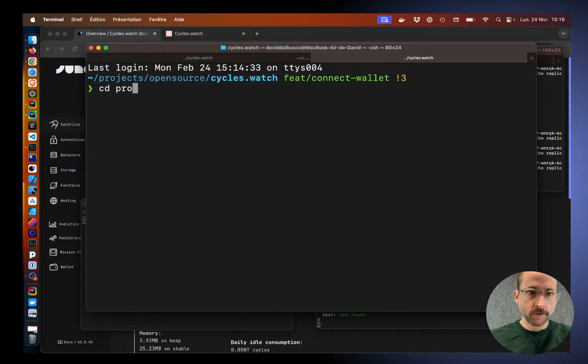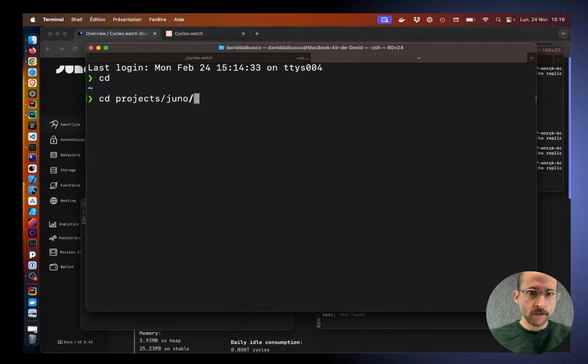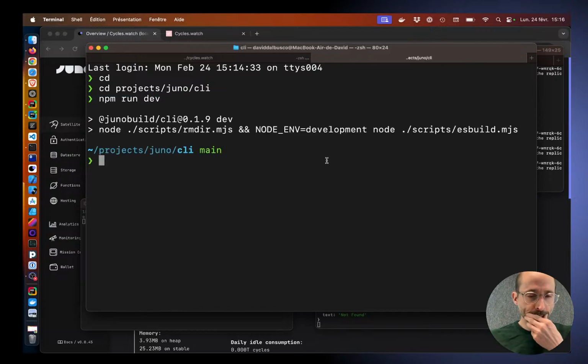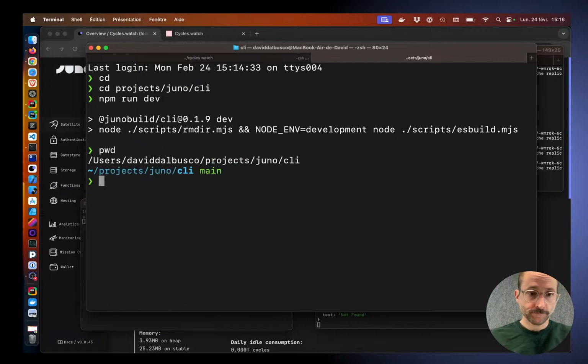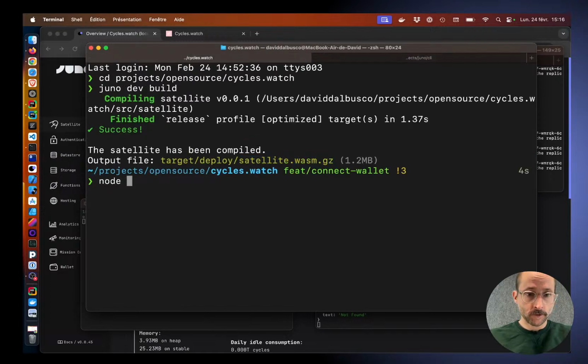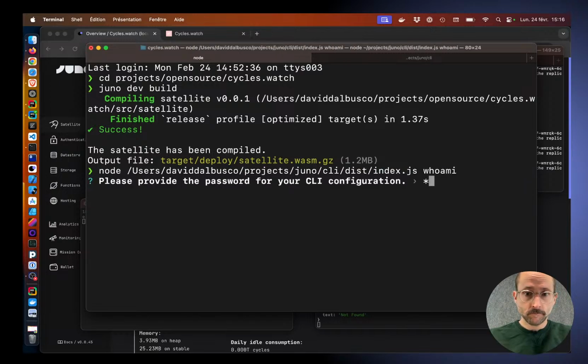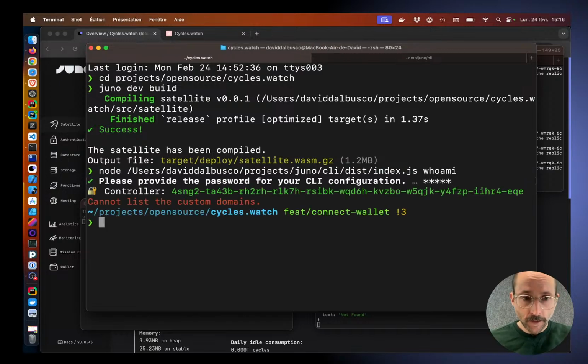But yeah, if maybe someone needs it someday, you can just ask. But what I need to do is I need to compile the CLI to work locally, and then I will have to run it here. Okay, so